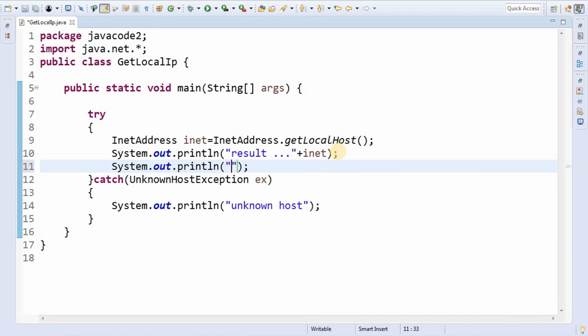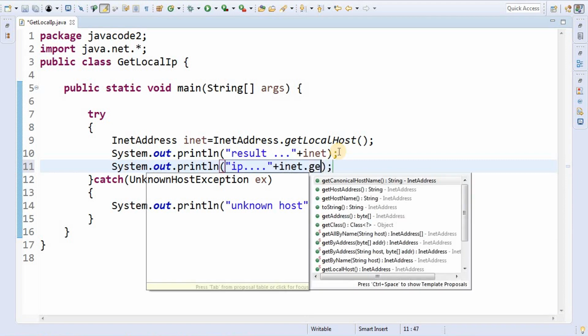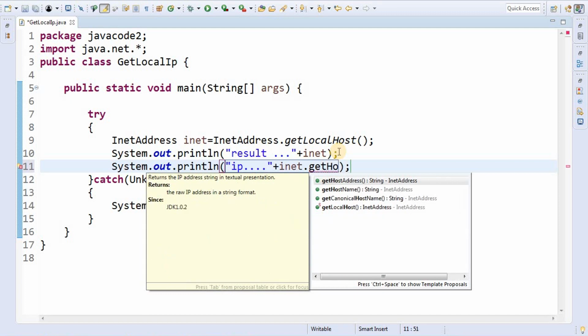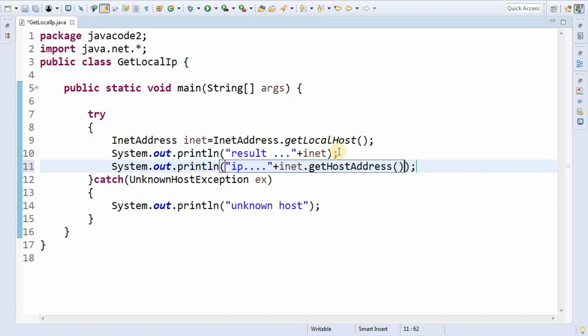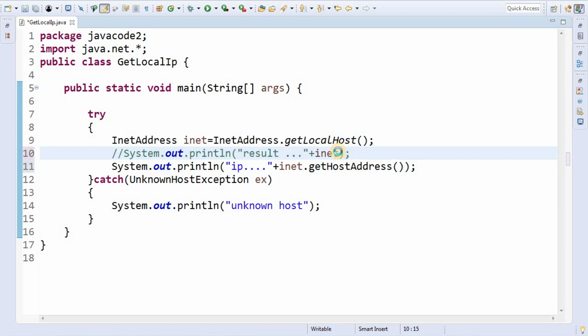In that you need an individual IP, then IP is plus inet dot getHostAddress. Then you can get only the IP address of the local computer instead of the name of the computer. Now again I am executing the code.